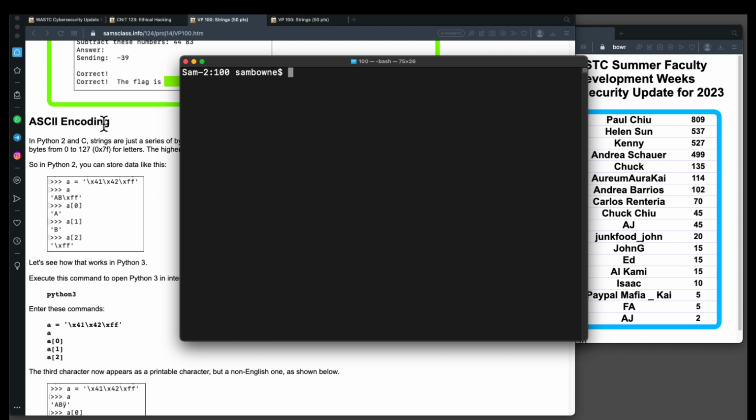In Python 2, you could do this. You could just have byte 41, which you represent as \x41. That's hexadecimal 41, 42, and FF, single bytes. And those would be letters A, B, and the FF is not a printable character because ASCII only uses the first 127 possible values of a byte,